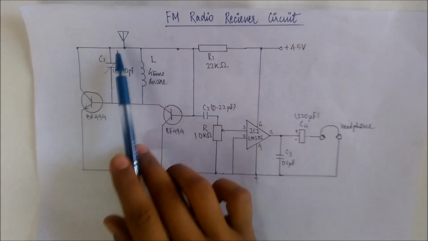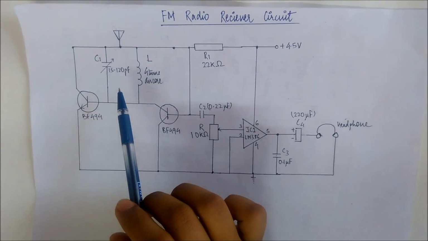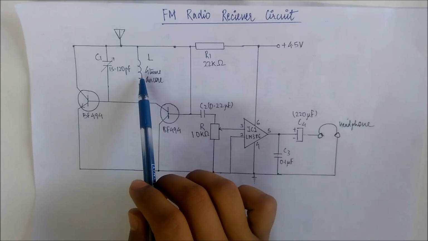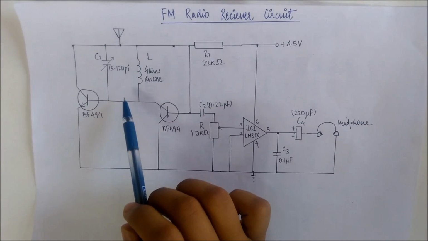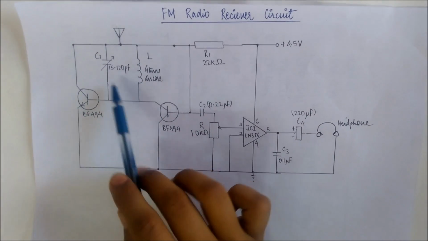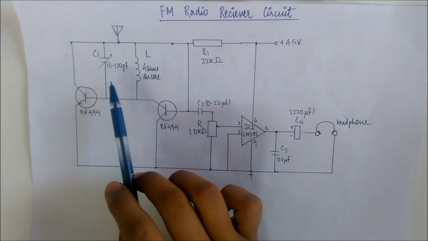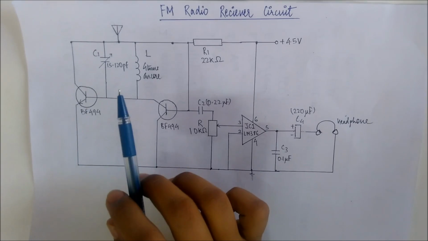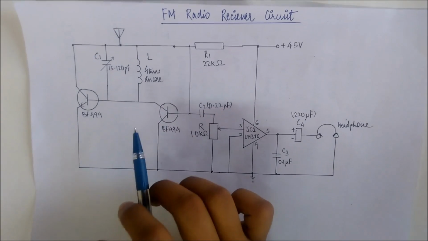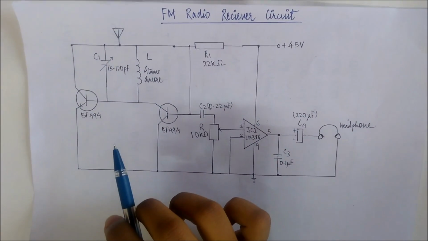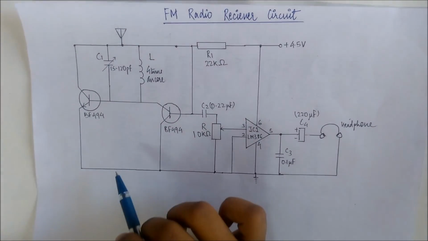First of all, the antenna catches the signals and sends them to the tuner. The tuner employs the combination of inductor and capacitor to form a circuit that resonates at a particular frequency. This resonant frequency depends on the values of the coil and capacitor. This acts as a band pass filter and blocks frequencies above and below the resonant frequency. So we only get the resonant frequency and we reject unwanted radio frequencies.